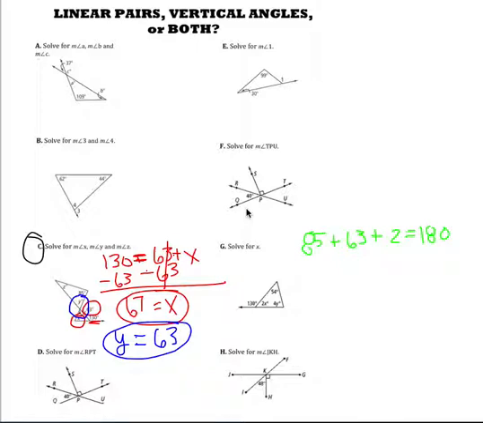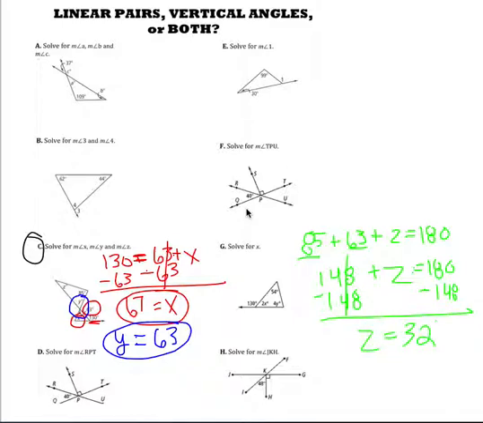And when I combine like terms, I get that 63 plus 85 is 148 plus z equals 180. And then you just have to subtract 148 from both sides. And again, you get that z is 32 degrees. So again, using two equations that really didn't involve